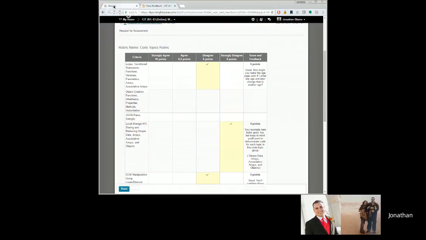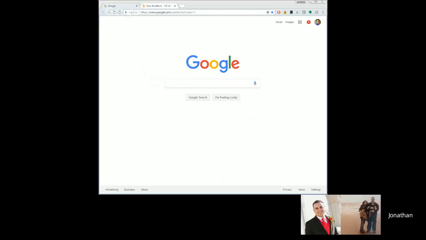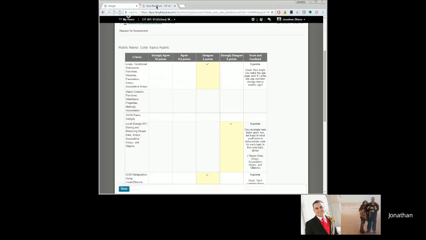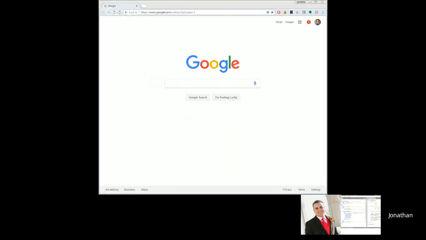So let me show you my example. You guys can ask questions if you want. All right. So this is my local API storage example. What I've got here is a grocery list. You can type in whatever items you want, and then any notes you want, and then you can save it.